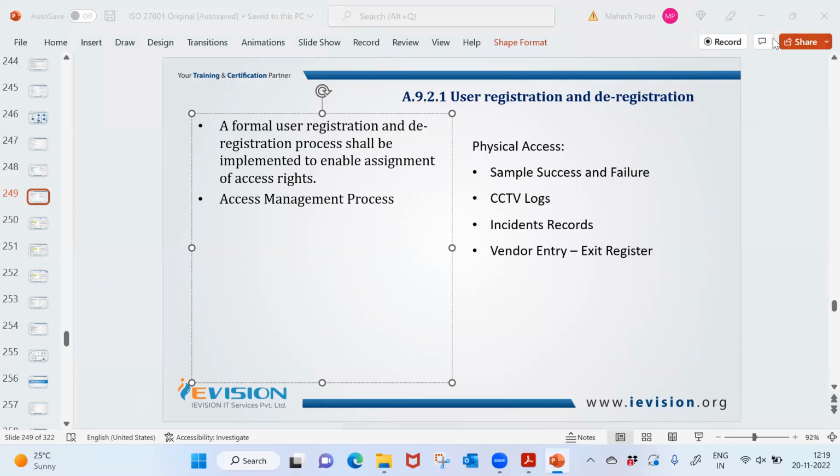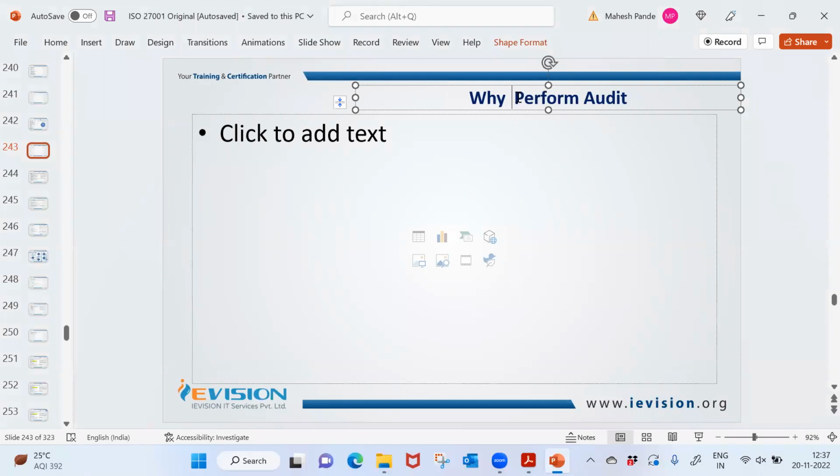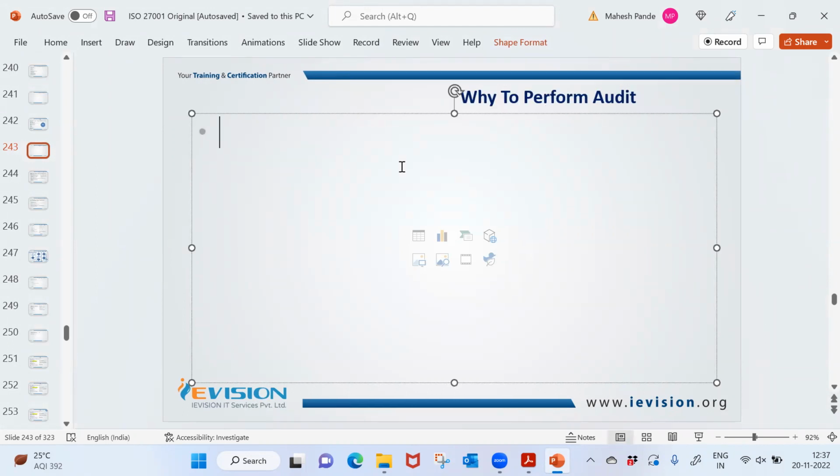What we can do is you can take a screenshot and come back with the answer. Yes, anyone in the group can tell me why do we perform audit? That's fine. There are a couple of things that we can solve with performing audit. One is where we will